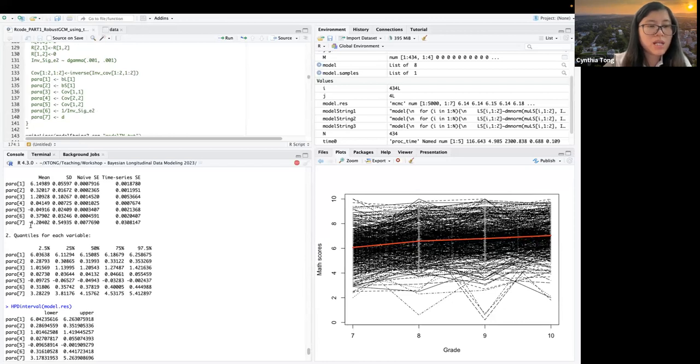Okay, so the degrees of freedom is 4.2, indicating that those Y truly follow a t distribution, because if it doesn't, if it follows a normal distribution, the degrees of freedom would be really large, because as the degrees of freedom goes to infinity, the t distribution would approach a normal distribution.